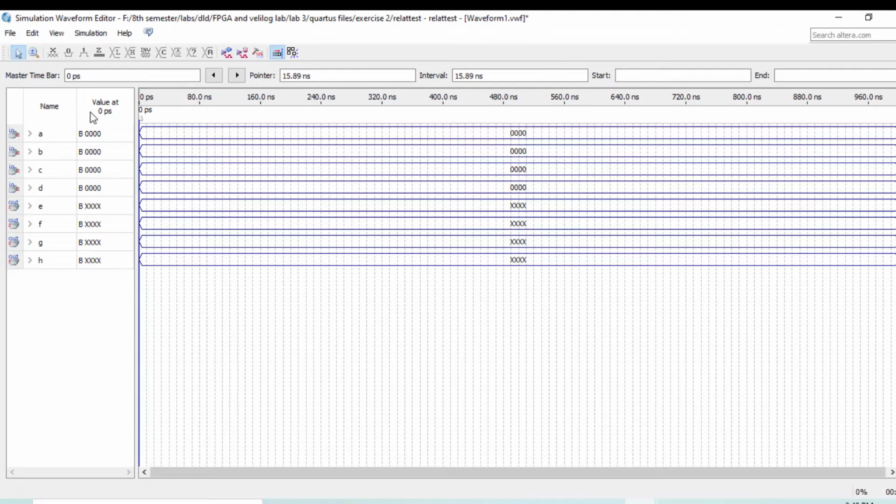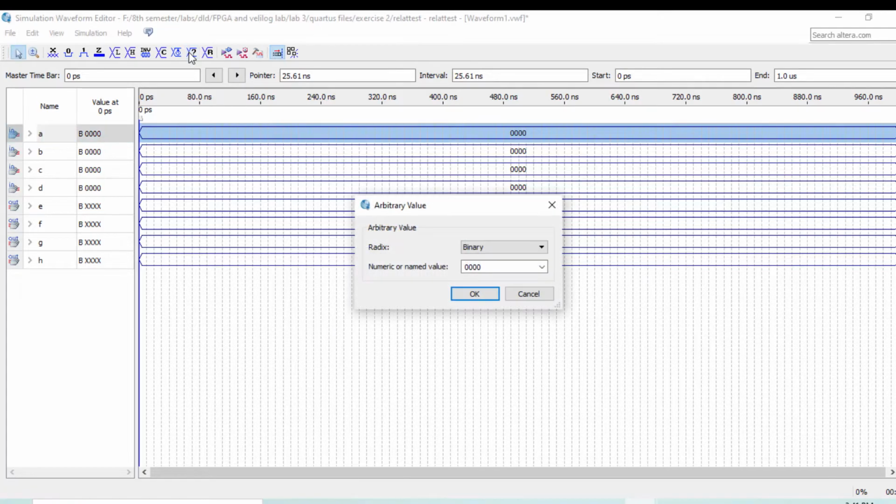And here you can see our inputs and outputs are shown in this graph. Our inputs are A, B, C and D, and our outputs are E, F, G, H. Our output is not executed right now, but we will execute. First we will put the values of A, B, C and D. Click on A, then choose arbitrary value, unsigned decimal, because our value is in decimal form.